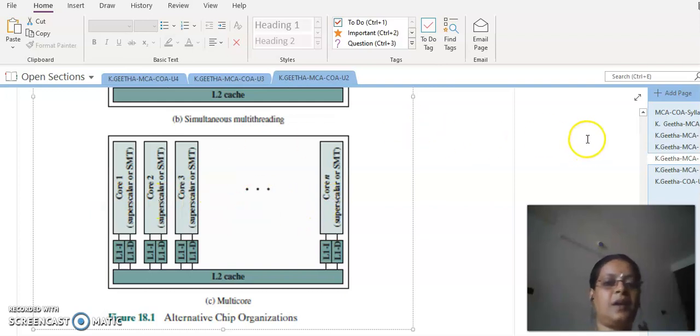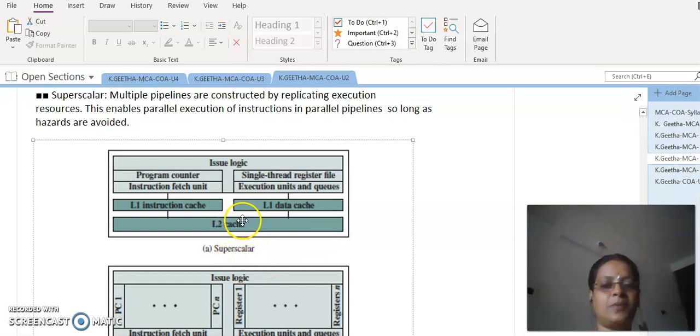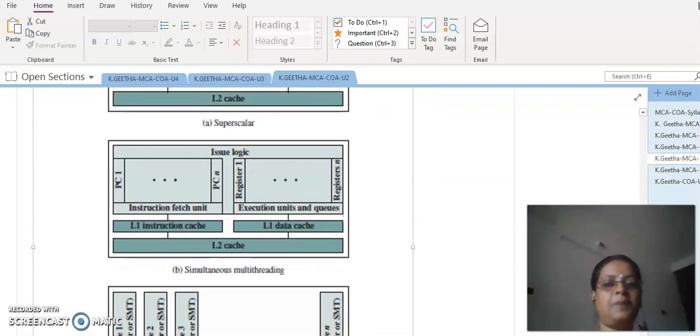So I think now we can appreciate the level of complexity we have discussed so far. To start with, we discussed the superscalar structure. In superscalar structure, we have only one fetch unit, and one instruction will be fetched, and one set of data will be fetched and kept ready. Whereas in simultaneous multi-threading, we have multiple instructions fetched, and multiple instructions are made ready in the respective buffers, and the data for those instructions are also made available in the registers. So we will be able to execute these multiple instructions in parallel by means of multi-threading, where each thread will be dedicated to a particular instruction.